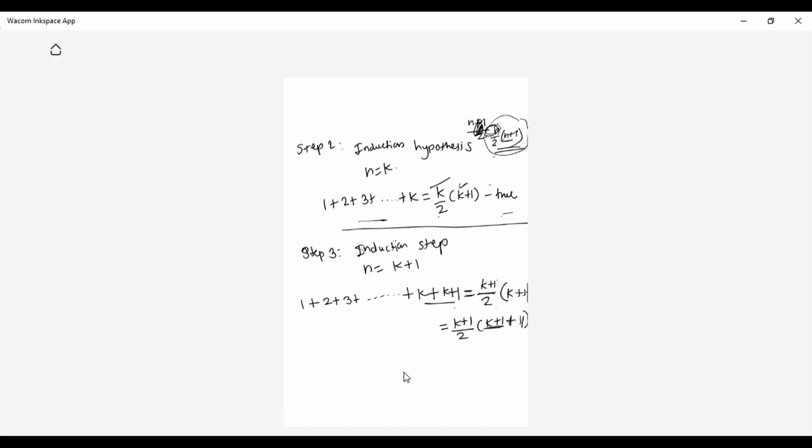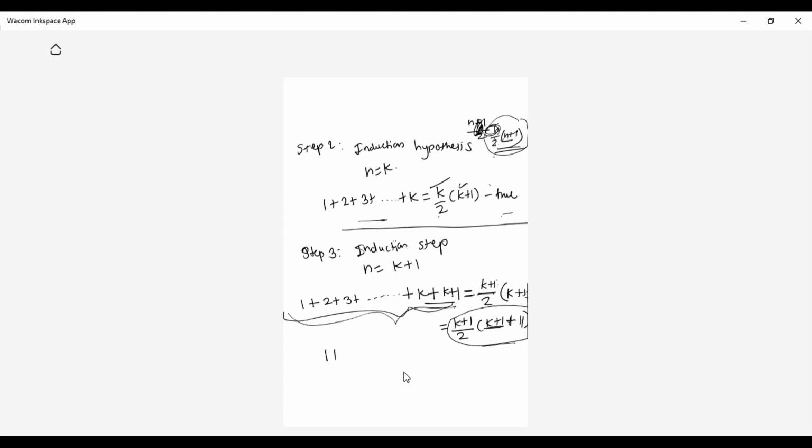Now, student, whatever RHS you are getting here, you need to prove it is true. You need to prove this RHS is true with this LHS. So what you have to do is pick this LHS, solve this LHS, and show that this LHS is equal to this RHS. What next step do I have to do? So obviously I have to solve the LHS, and this LHS I need to prove equal to the RHS.